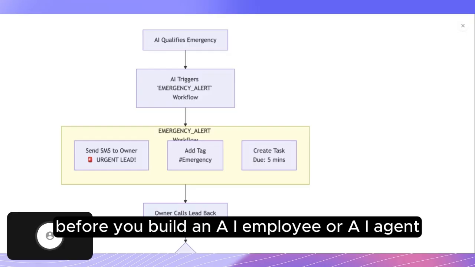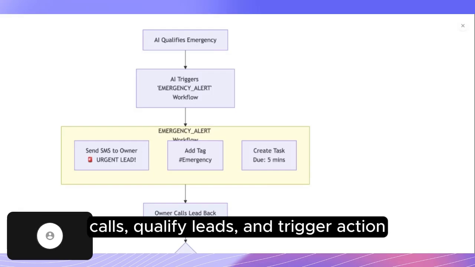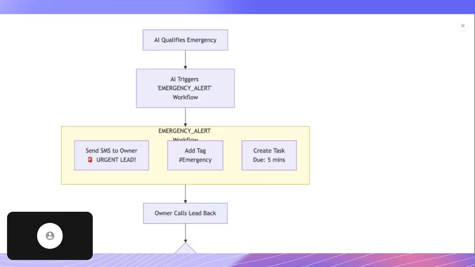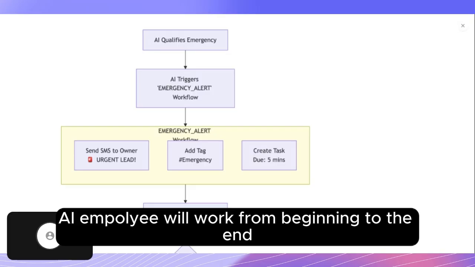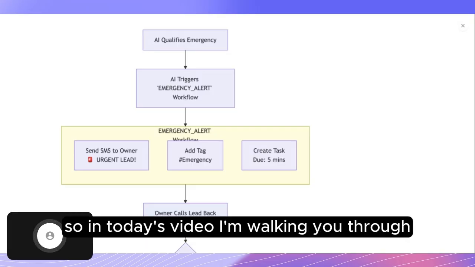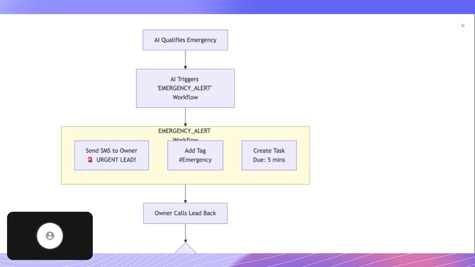Before you build an AI employee or AI agent, you need absolute clarity on how it will process calls, qualify leads, and trigger actions so that you will know how your AI employee will work from beginning to end. So in today's video, I'm walking you through the full flow chart of how my AI employee will work from